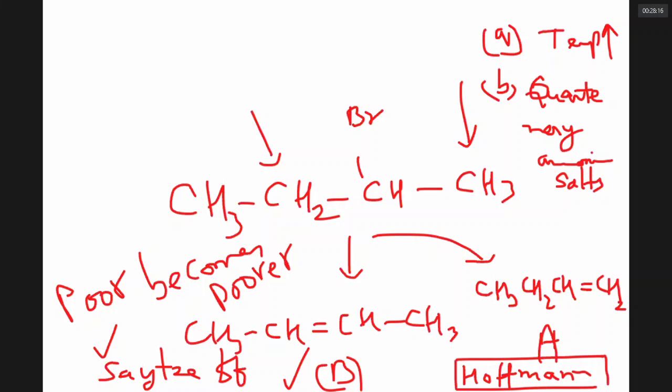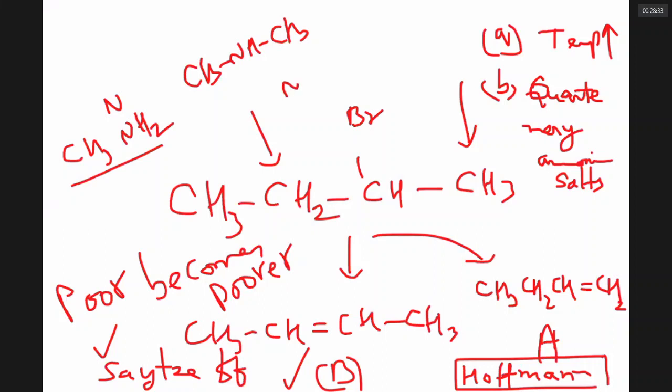Sir, what is this quaternary? What is the meaning? Quaternary ammonium salt, we will be seeing what it is. It is not a secondary amine or a tertiary amine. It is (CH3)4N+ Cl-. Positive and negative ions are there. It is a quaternary ammonium salt. Quaternary ammonium salts encourage the Hofmann product. Under what conditions you get the Hofmann product is a standard IIT Advanced question, which we will see later.